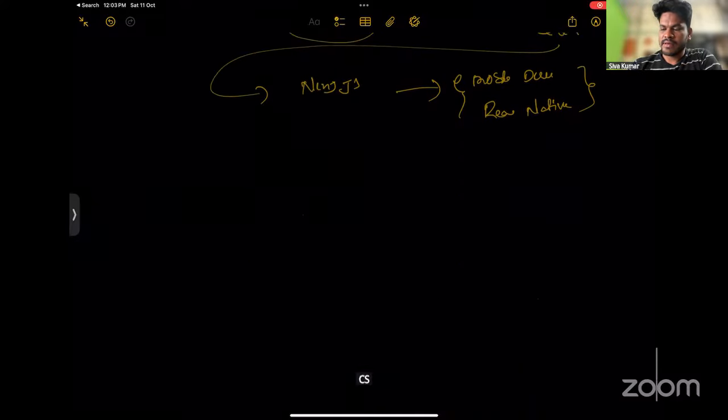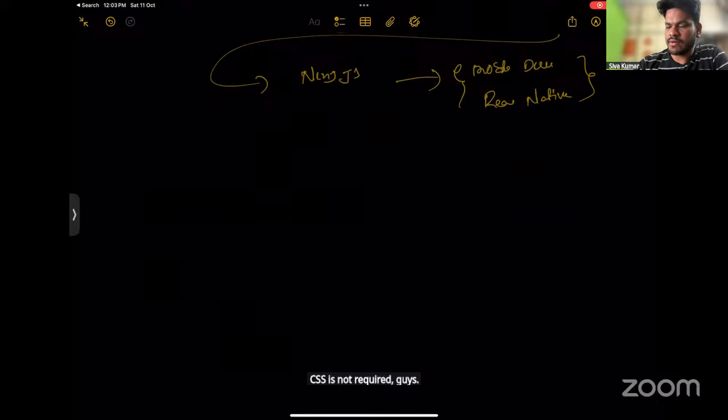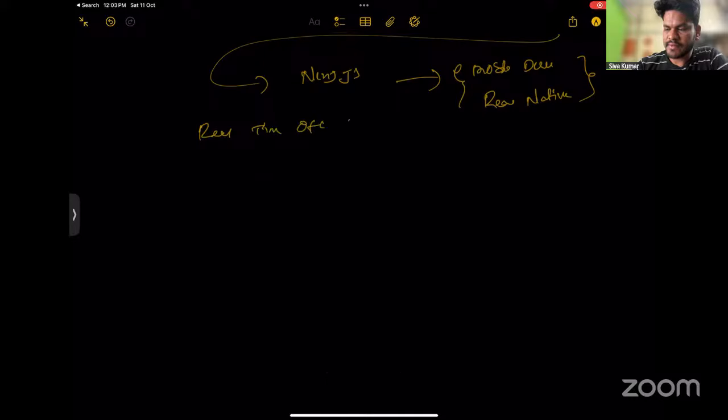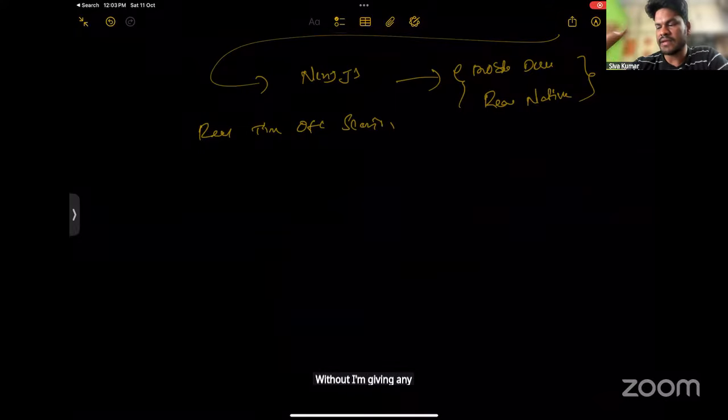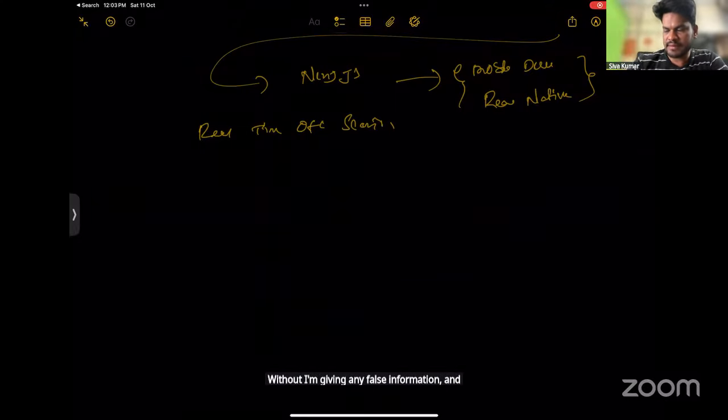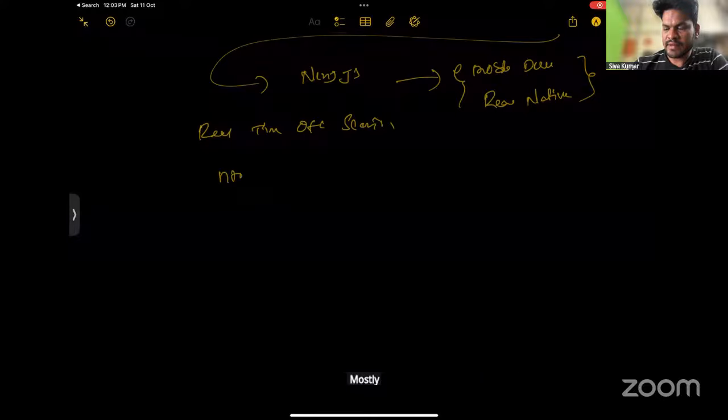CSS is not required, guys. To be honest with you, in a real-time office scenario, and without giving any false information, HTML5 and CSS3 have frameworks or libraries.